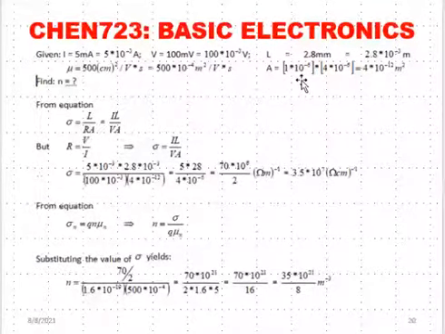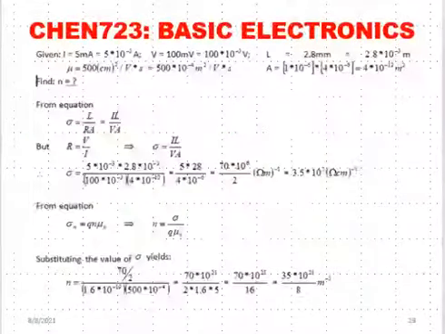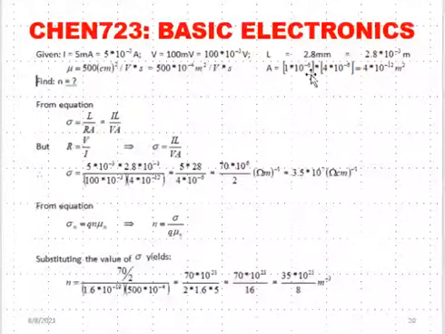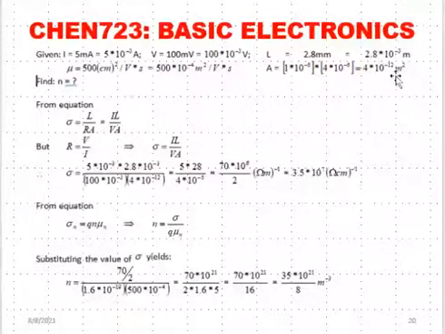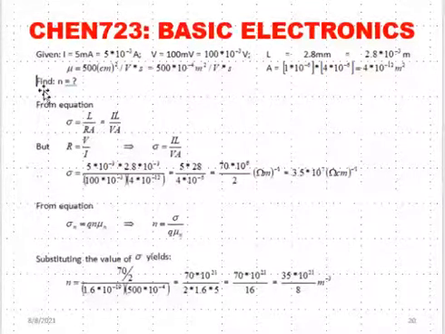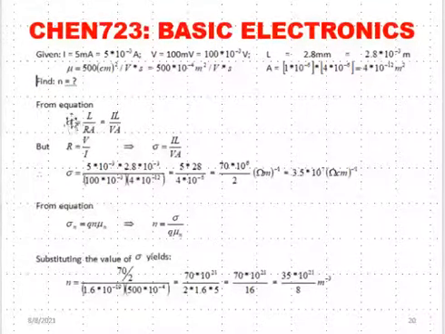And the dimensions of the rectangular cross-section of that conductor are given by this. Each one of them is in micro, as we can see from this. This is 4 micrometer and this is 1 micrometer. So if you multiply, it will give you 10 raised to power minus 6 for each one. That will give you 4 times 10 raised to power minus 12.